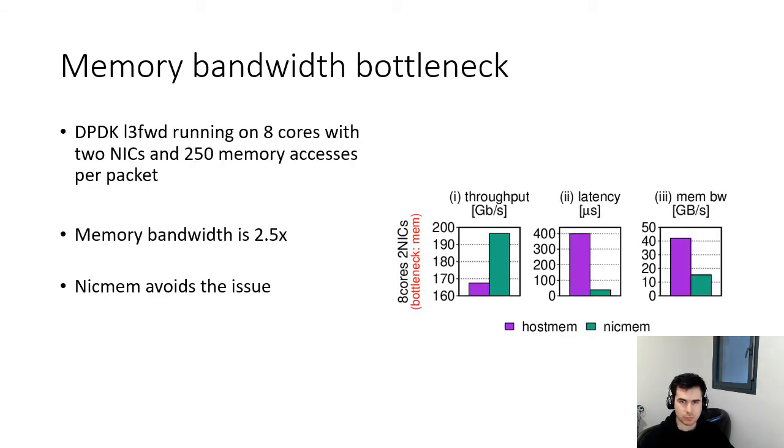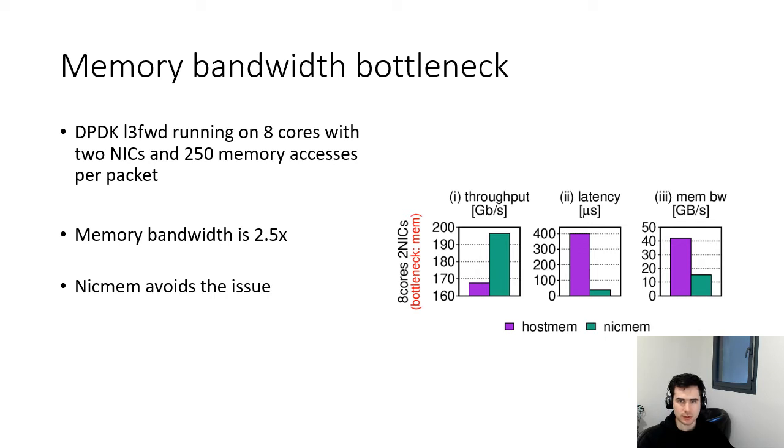Last, to show a memory bandwidth bottleneck, we run DPDK layer 3 forwarding on 8 cores. We use two NICs to load the server with 200 gigabits per second traffic, and we add 250 memory accesses to the packet processing path to increase the memory intensity of this workload. The results show that Nicmem achieves line rate speeds with low latency, while hostmem throughput is 15% lower, and latency is 10 times higher,